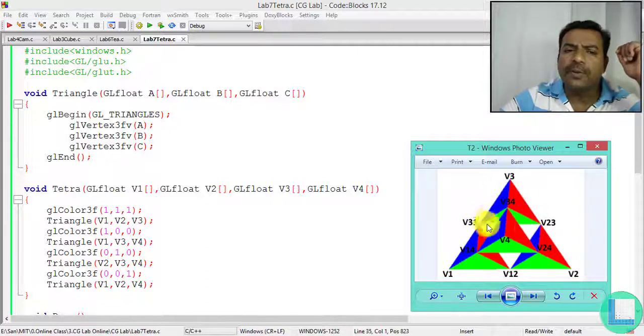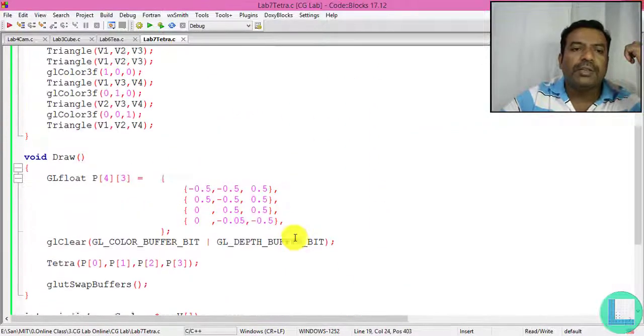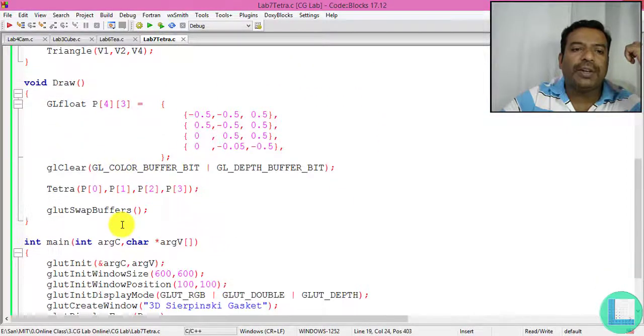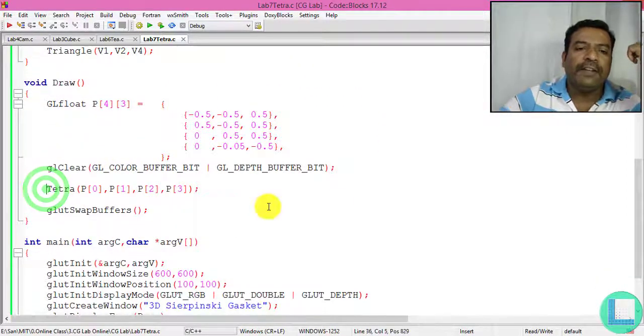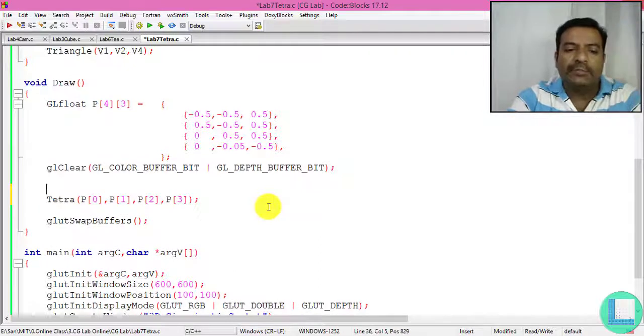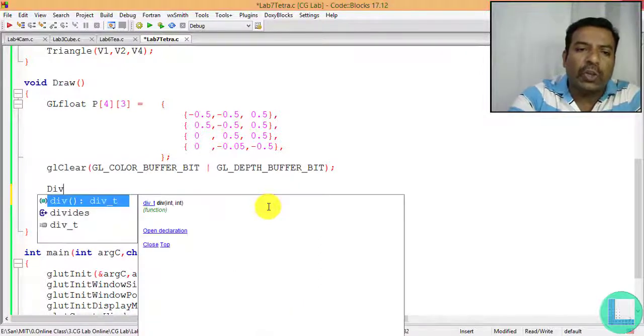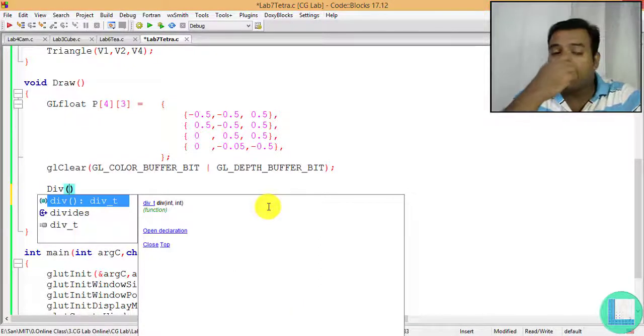So now for this purpose, which is going to follow a recursive subdivision, we are just going to put the conditions here. Whenever we are going to draw a tetrahedron, instead of having just this as tetrahedron, I'm just going to call a function called div, a user defined function.